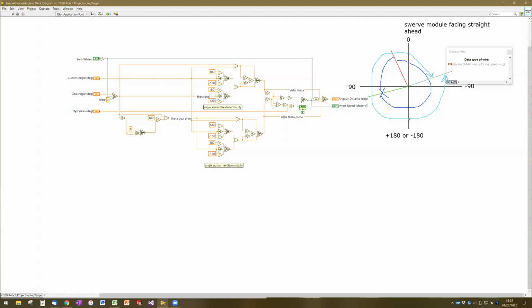It'd be like calculating this angle from the red to the 0, so it'd be like 30 degrees, and then you're going to have to add that to the angle from,